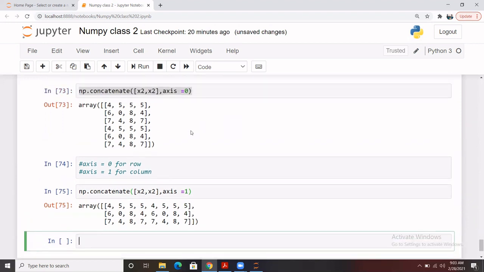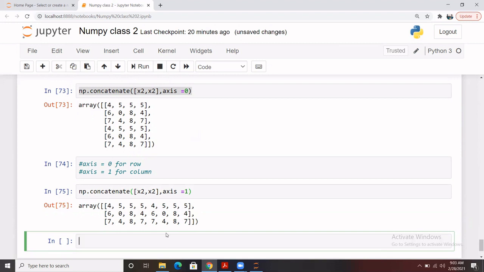Previously it was concatenated as rows. We used to have 3 rows, and then 3 rows of x2, so it was a total of 6 rows. Here we have concatenated as columns. Previously we had 4 columns, now we have a total of 8 columns.